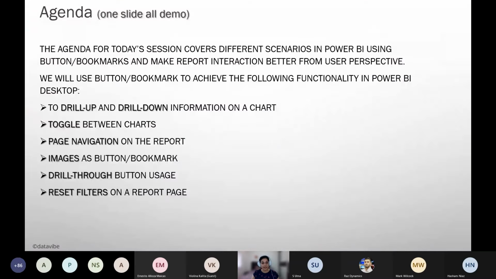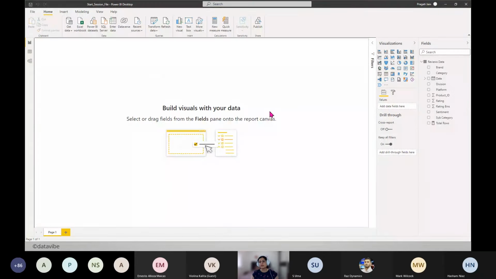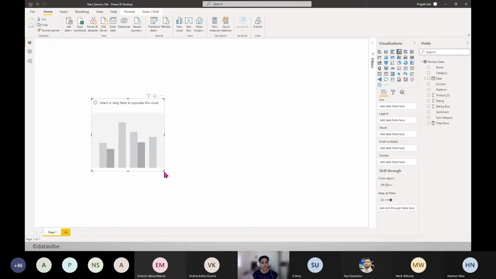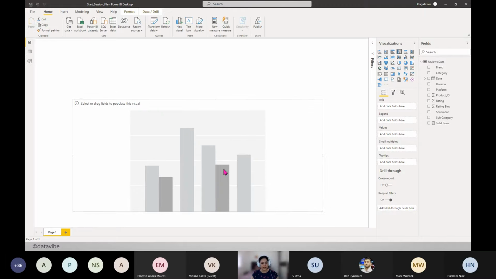So I'll just toggle between my deck and the Power BI desktop file, because I'll go through everything one by one. So the first task here is, let's try creating a drill up and drill down functionality on a chart in Power BI using button and bookmark. So for that, I'll just create a simple chart first. So I'm just taking a clustered column chart,